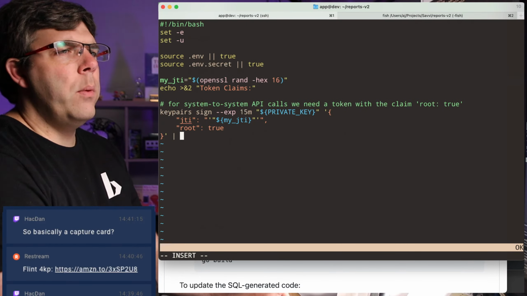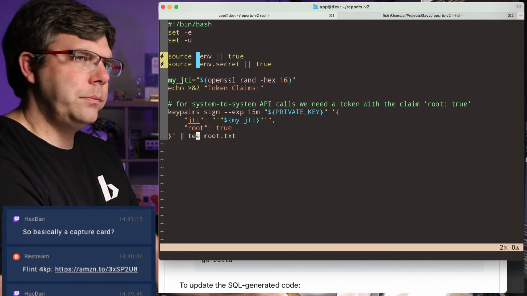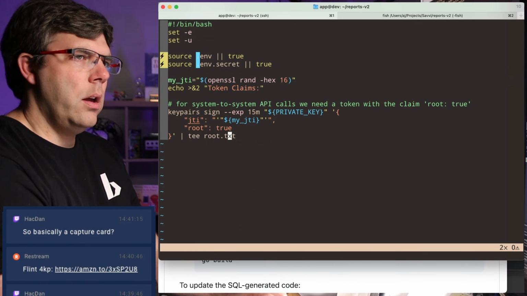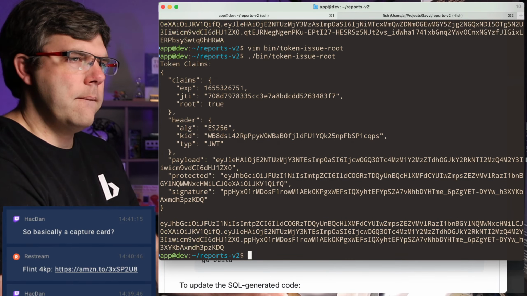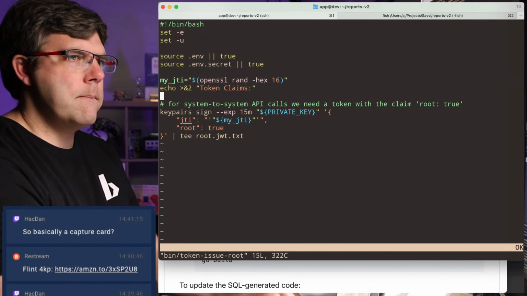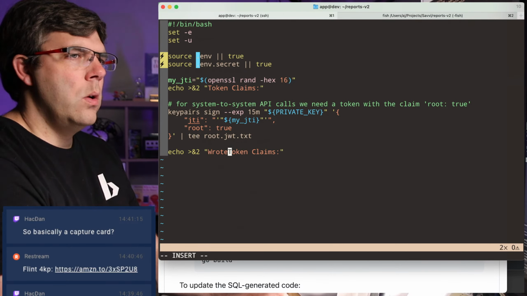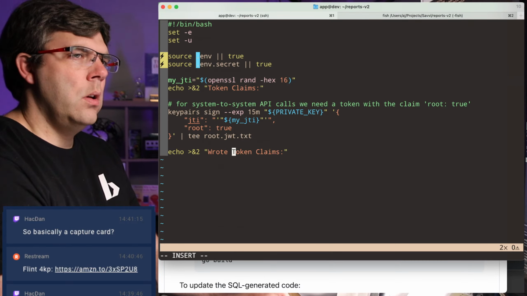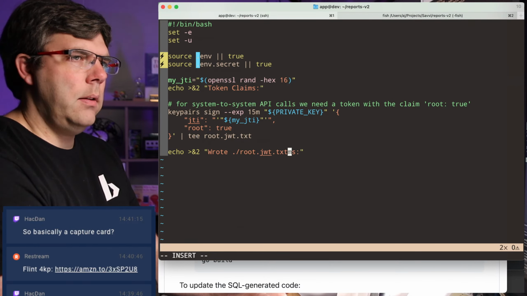So I think what I want to do here is tee this to root.jwt.txt maybe. And then I can say wrote root.jwt.txt.